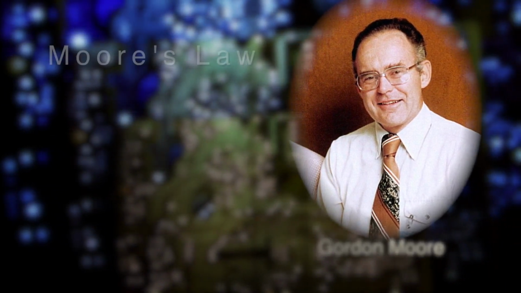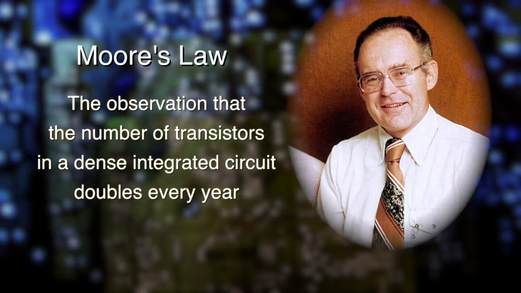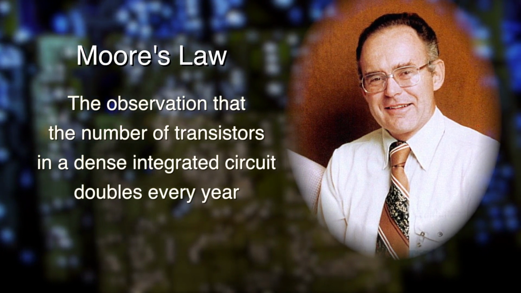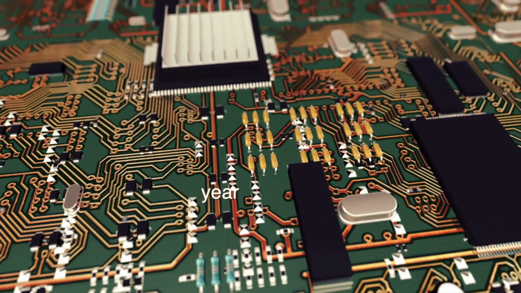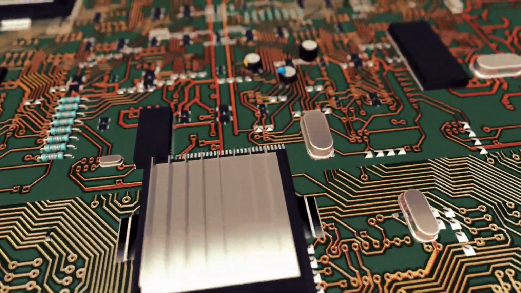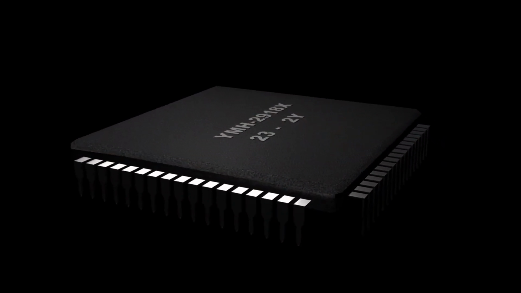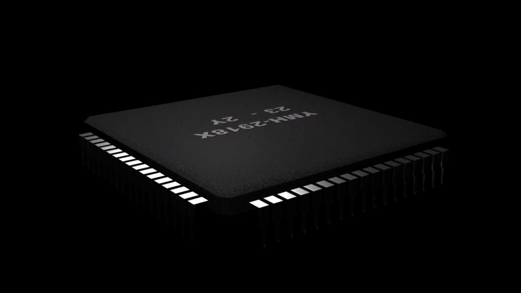In 1965, physicist Gordon Moore predicted that the number of transistors per chip would double every 12 months, so that the size of the transistors must shrink exponentially as well. Although Moore later revised this miniaturization rate to every 2 years, the microprocessor's rate of progress still far outpaces that of most industries.